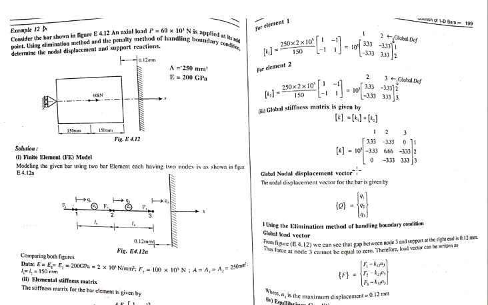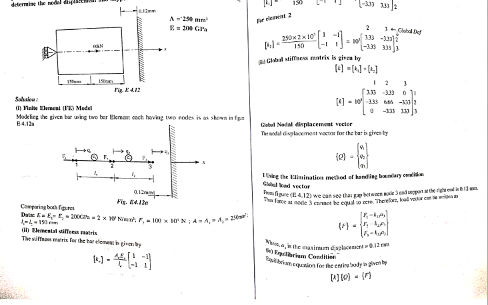Here in the stiffness matrix K, K13 is the element in the first row and third column. K23 is the second row, third column. The first subscript indicates the row and the second subscript indicates the column. Similarly K33 is this value. And what is a3? a3 is the maximum displacement which is given, that is 0.12, that is here. So this is the slight modification we have made in the force vector.